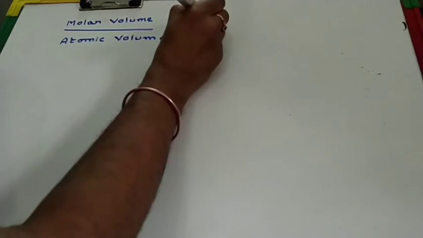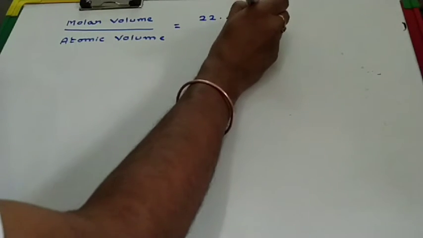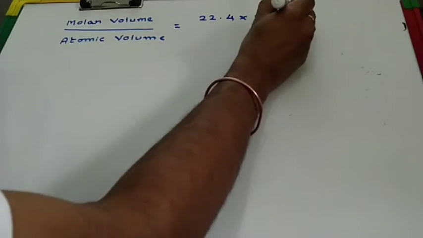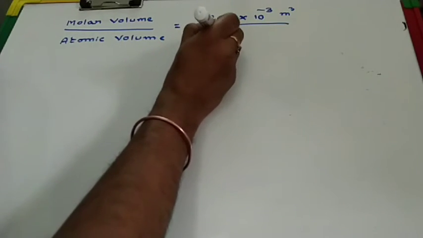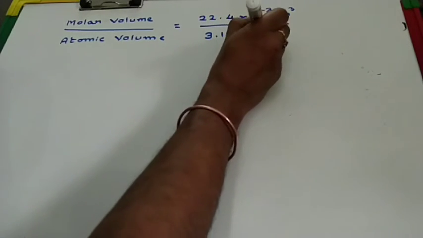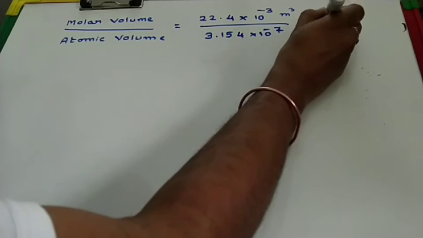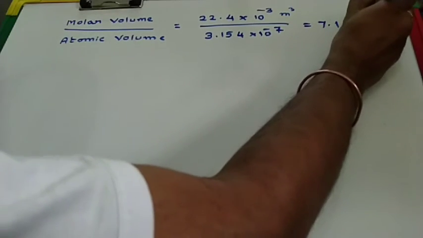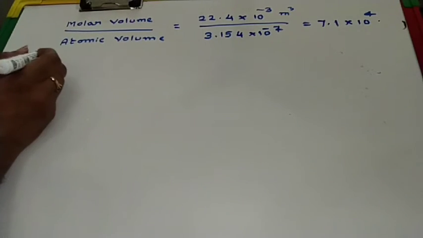Therefore, molar volume whole by atomic volume is equal to, what is molar volume? 22.4 into 10 to the power of minus 3 meter cube whole by 3.154 into 10 to the power of minus 7, that is equal to 7.1 into 10 to the power of 4. Therefore, the ratio is